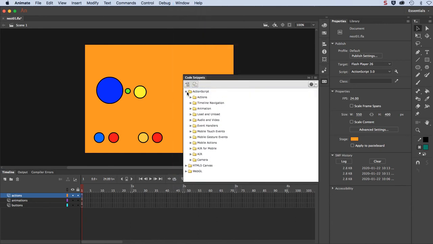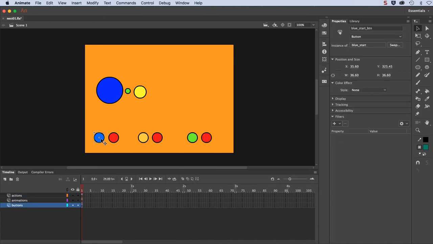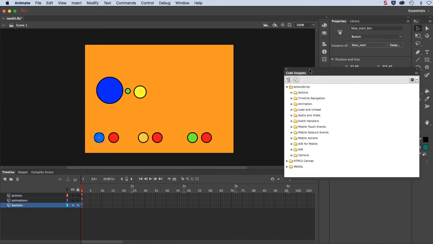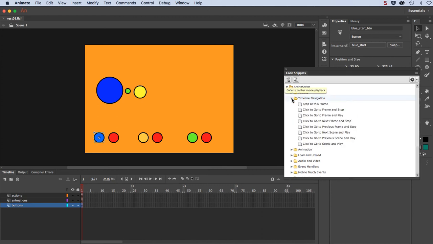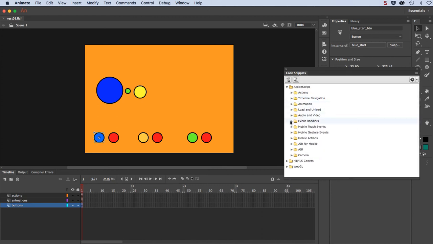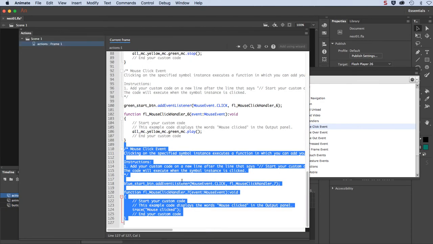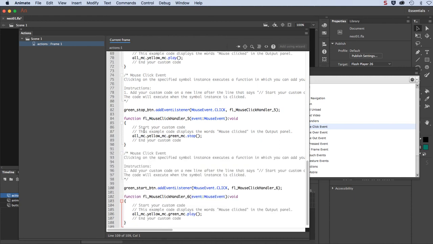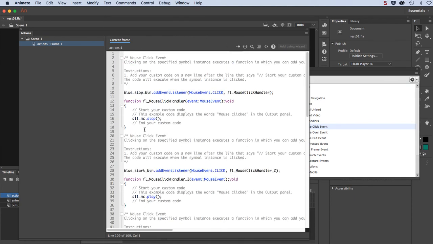action script, and you highlight the button. Oh, let me just tear that out. Highlight the button and then go to the appropriate code snippet. And in this case, it actually was an event handler, mouse click event. Now I'm going to delete that and just show you the code in its finished form. So if I come up to the top here,